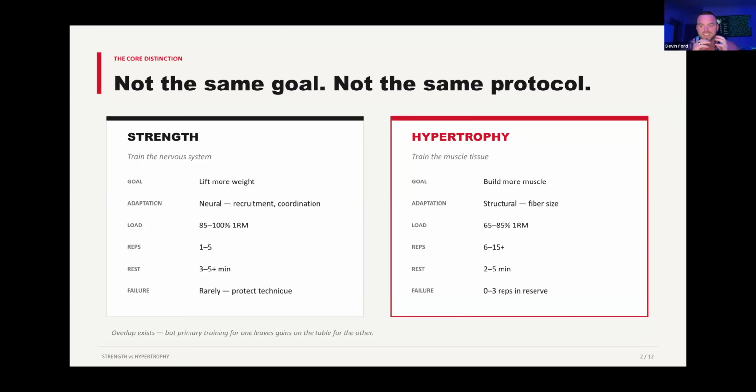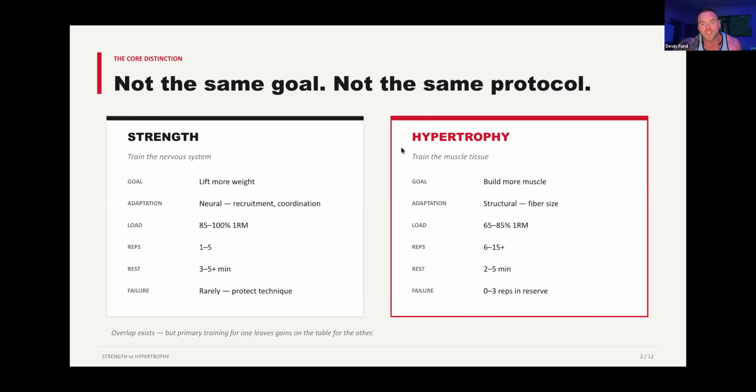Anybody want to answer that? Wait, ask that again. Yeah, oh man, thank you. There he is. Does anybody think that doing 3 reps at 60% of your max makes you stronger? So let's say you have a 100 pound back squat and you do 3 reps at 60 pounds. No. No. No.